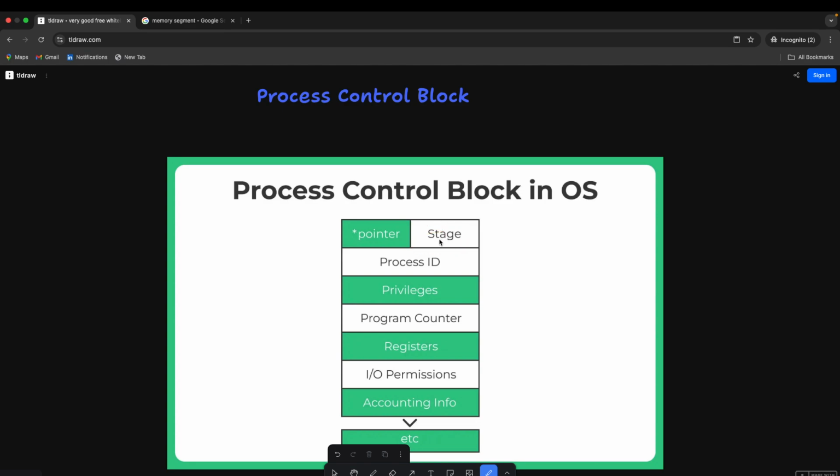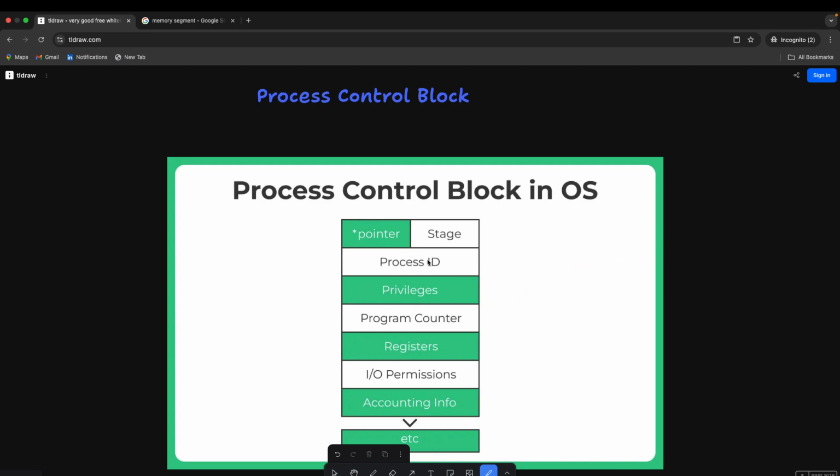So the moment I change from one state to another, there should be something for the OS to indicate that this process has been completed, move it out. That is where this state field comes into the picture. It indicates what state my process is currently executing in, whether I'm in the ready state, or I have done my IO and you just need to give me the CPU time, or whether I'm still waiting for something else to happen.